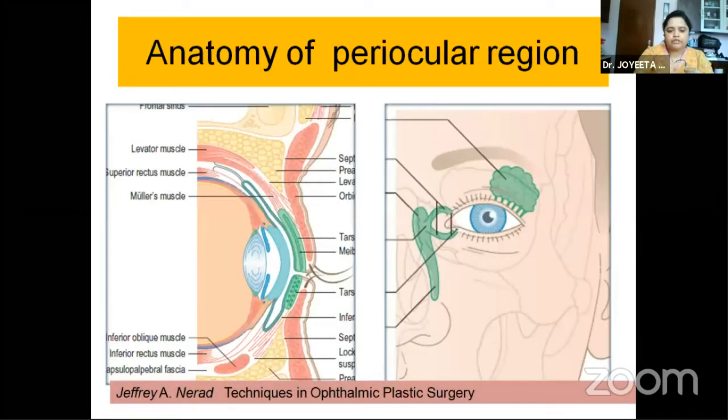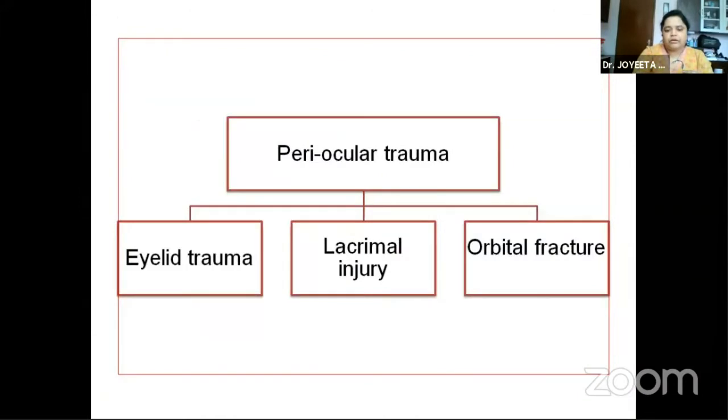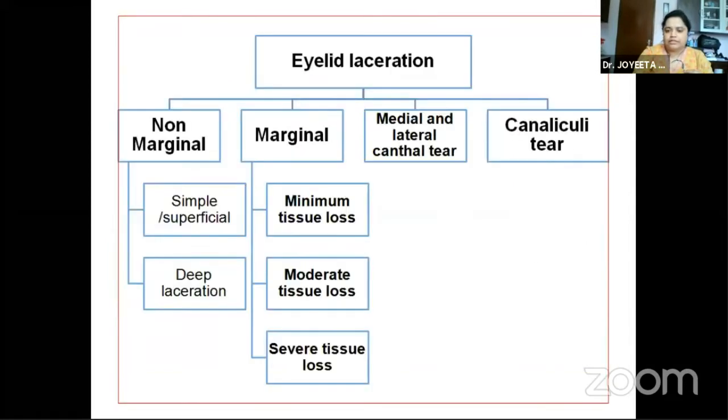In periocular trauma, the structures which are affected are the eyelid, both anterior and posterior lamella, the lacrimal system, and the bony orbit. So periocular trauma can be simply classified as eyelid trauma, lacrimal injury, and orbital fracture. The eyelid laceration again can be classified according to the location as non-marginal, marginal, medial and lateral canthal tear, and